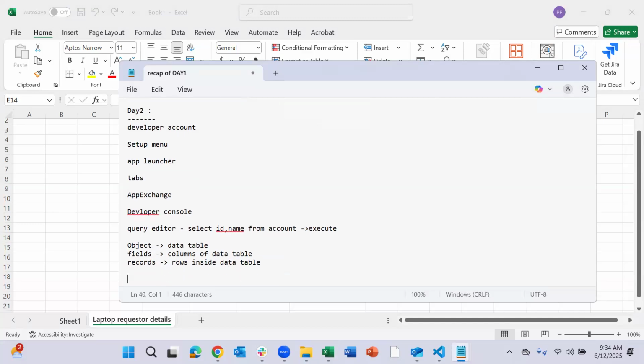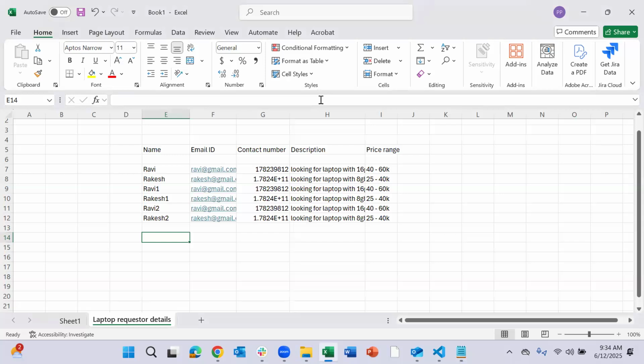So now we are clear what is an object, what are fields, what are records. An object is nothing but a data table which holds certain information. The fields are the columns in the data table, and records are the individual data inside that data table.